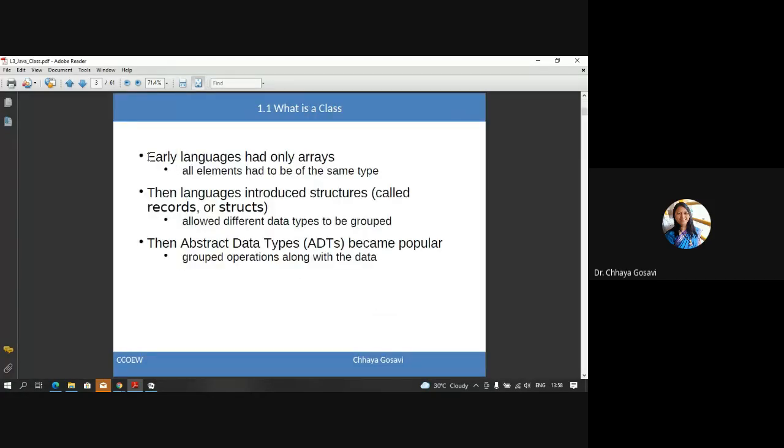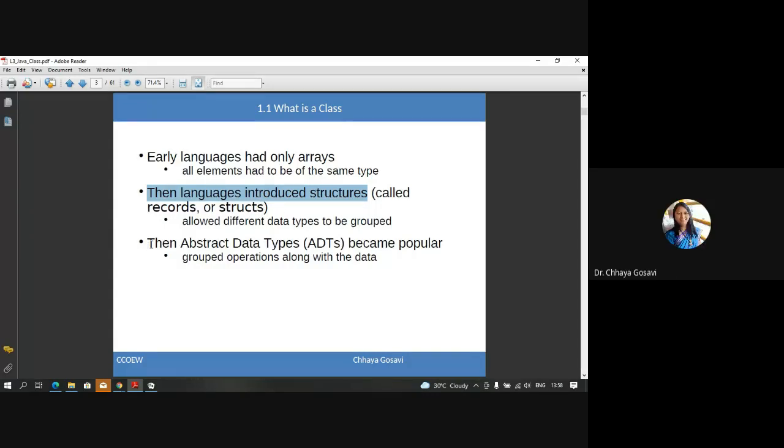So in the case of early languages, before Python, they used only the arrays concept. Arrays are of the same type, a homogeneous data type: integer, all elements are of type integer. If the array is float, all elements are float. Some languages like Pascal, C or C++ then introduced structures or unions, which are called heterogeneous data types. You can create a structure for a student which has roll number, then name, an integer roll number, then an array of characters for name, and a float percentage, as one data structure.